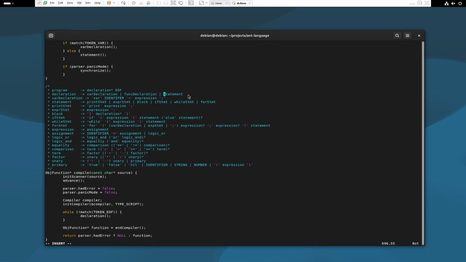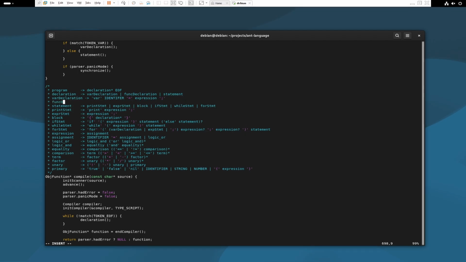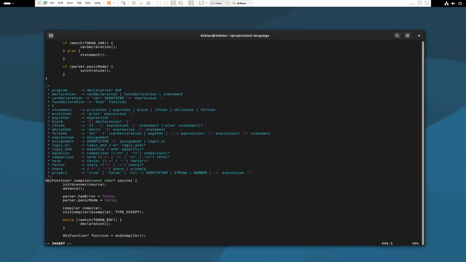The func declaration is the keyword func and a function, and the function is just an identifier, the name of the function,